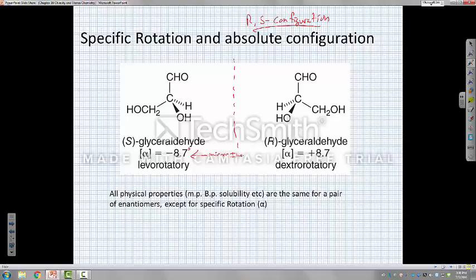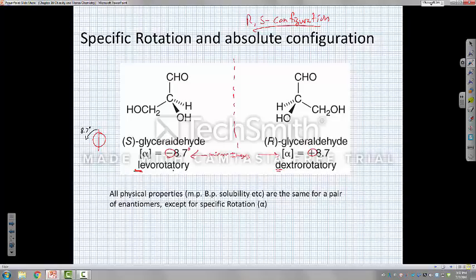These are enantiomers. So one's plus and one's minus. If it rotates light to the left, what that means is in that polarimeter that we saw on the previous slide, we would have to rotate this guy to the left 8.7 degrees counterclockwise, and we refer to that as levorotatory. Levorotatory means it has a minus specific rotation. Dextrorotatory